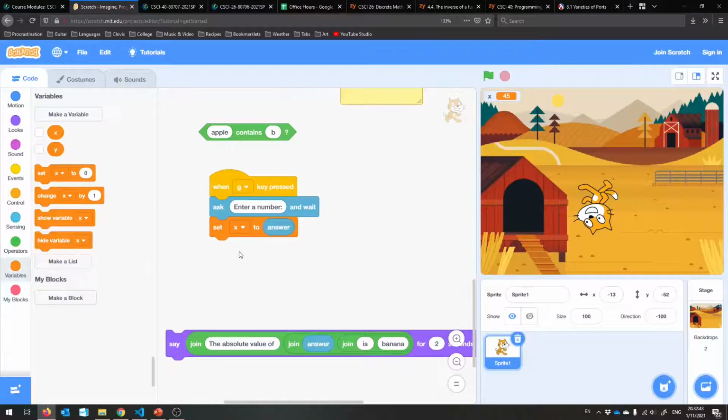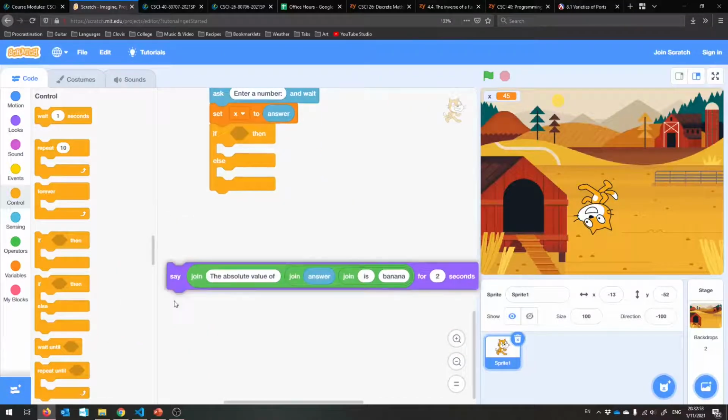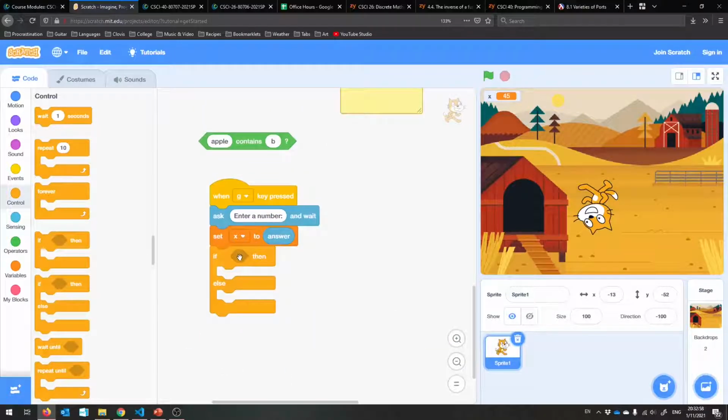Then something interesting is about to happen. We need to now branch. We're going to include our if-then-else, and I think I'd rather just get rid of this one. We're going to test now whether x is positive or negative. Let me add a comment here to describe what I'd like to do. First, we'll test if x is negative. If it's negative, we'll negate it